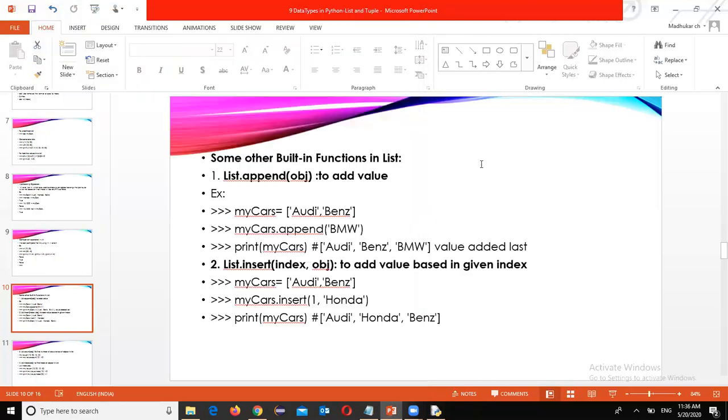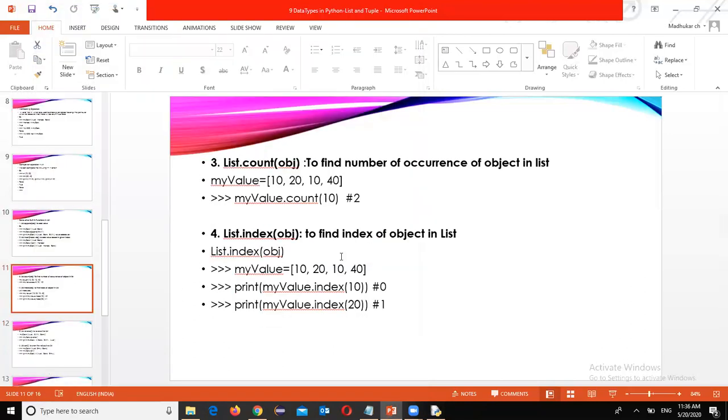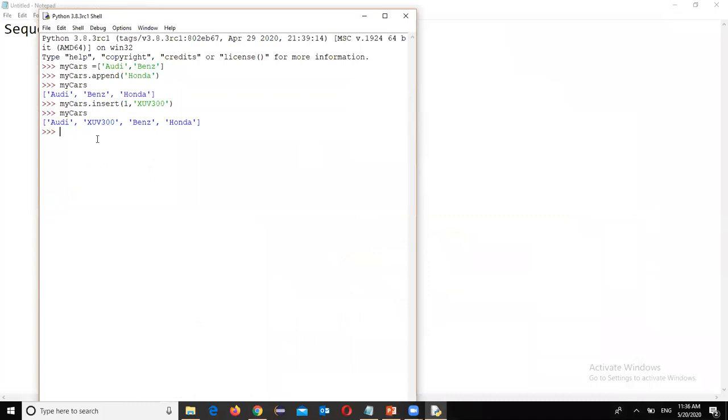Now some more operations. I want to count how many values are there. Let me take L1 equal to 10. Duplicate values it allows, no? 30, 10, again 10, I give it.